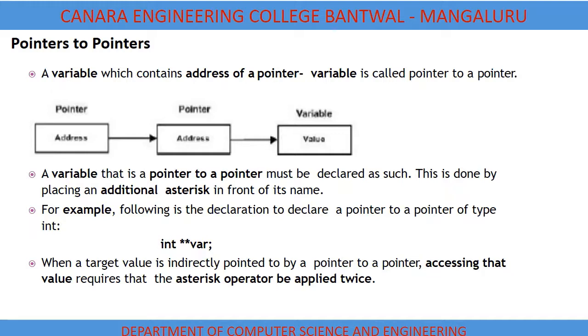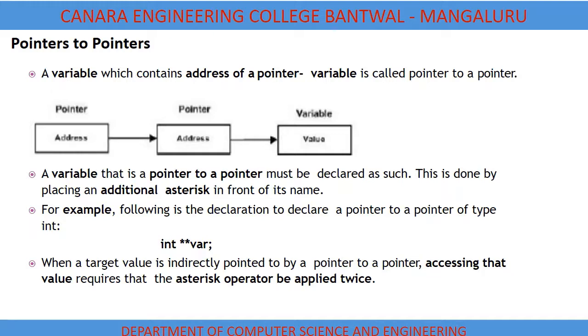So far we have seen a pointer to a variable. Now we are seeing a pointer to another pointer, something called a double pointer. You can see the diagram, so you can make it clear. Here we have one variable, which is pointed to by one pointer variable holding the address of that variable. That pointer is held by another pointer. That is the concept of a double pointer.